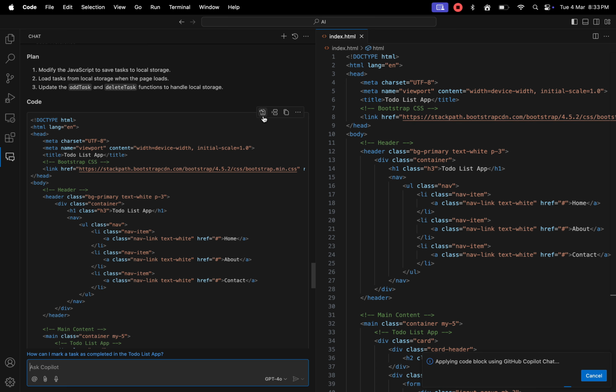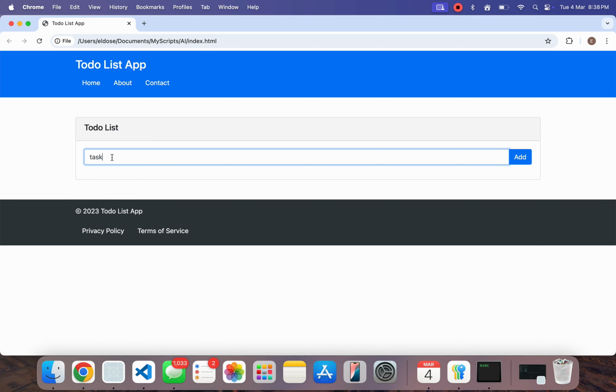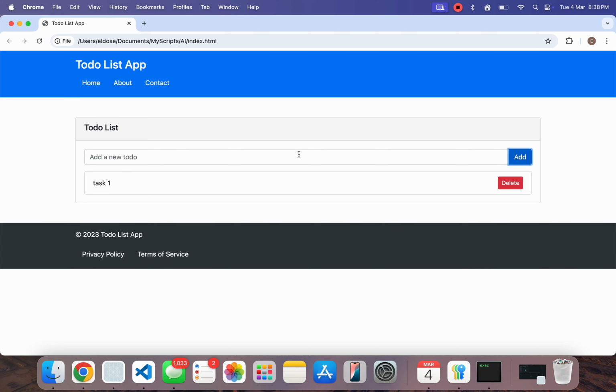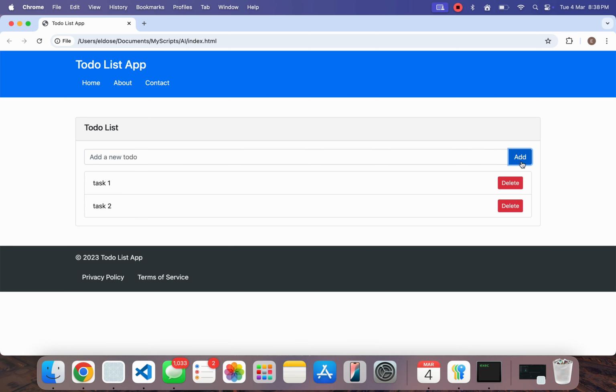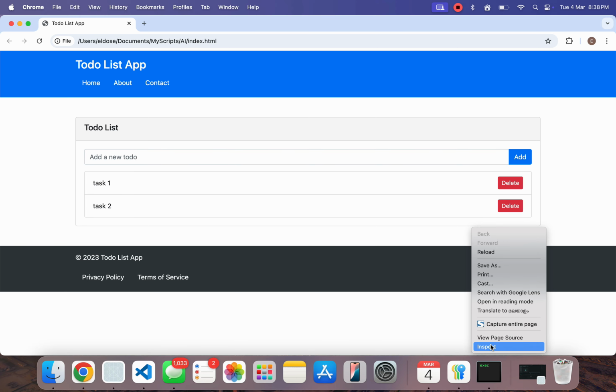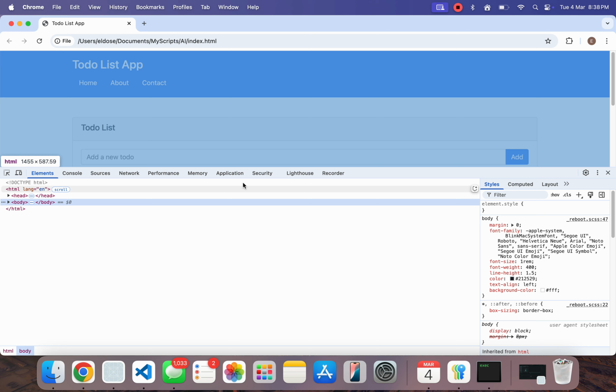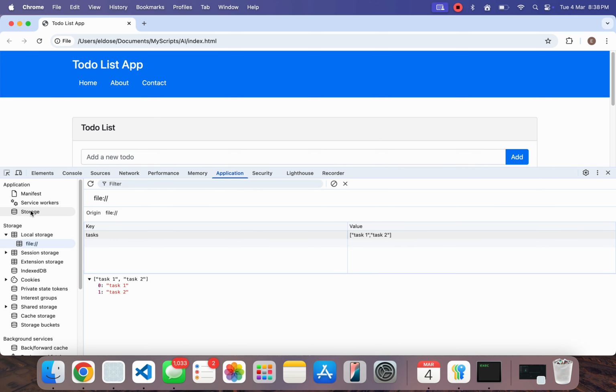Integrate the updated code into the editor and test it in your browser. In the browser's Inspect tool, you can observe that all the tasks created in the to-do list are being successfully stored in the local storage.